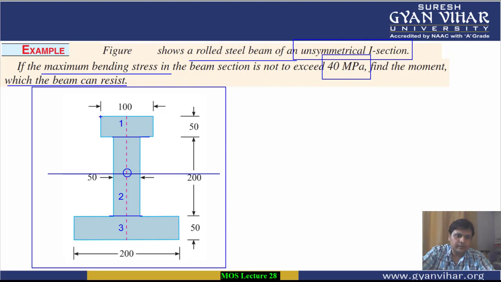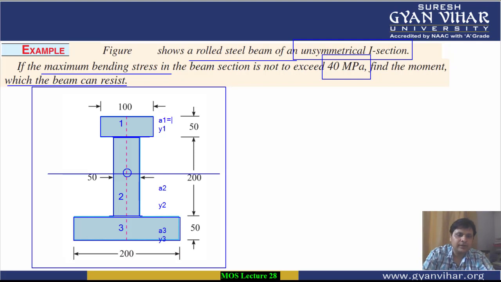Now what we will do, we will consider this rectangle and this particular rectangle. We will find the area of all these 3: area A1, Y1. Then what will be the value of Y1? Then for the second also we calculate A2, then Y2. Then for the third one we calculate A3, and then Y3.